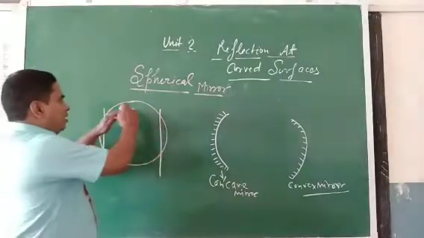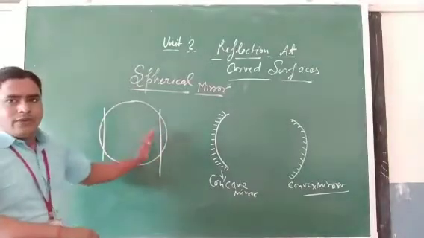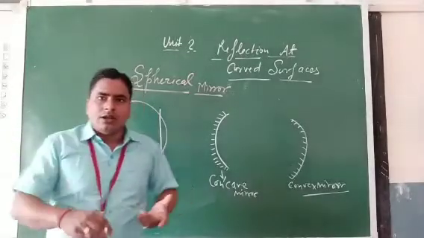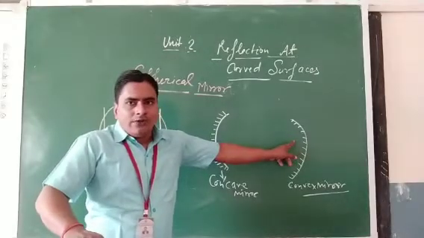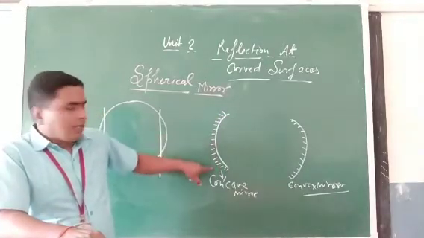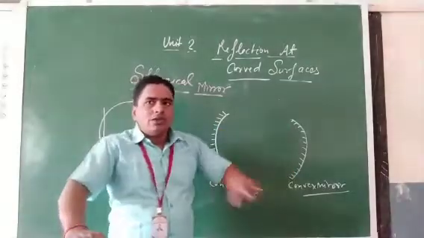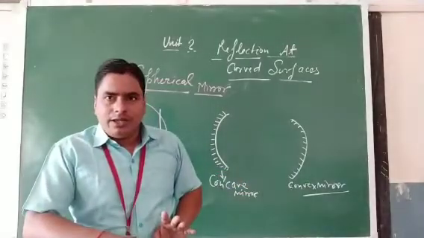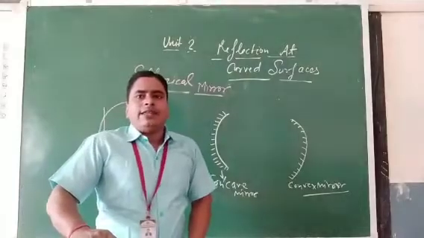If we cut a hollow glass sphere from two sides, one from here, one from here, we get two smooth curved surfaces. Here one kind, here the other kind, and they will be polished, one curved surface from the outer side and one from the inner side. So we will get two types of mirror, called concave and convex. Clear? Now we will discuss some terms related to the spherical mirror.